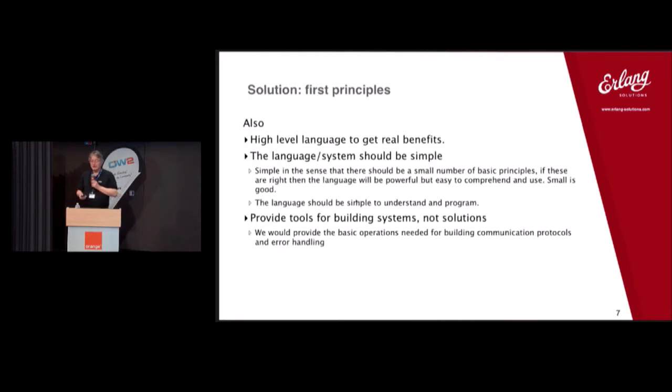We wanted a high-level language. We wanted simplicity. The basic system and the basic ideas at the bottom of the system should be simple. If you get the simplicity right, that means you can build any level of complexity on top of it, but it's all understandable, right? And also we found we provide tools, not solutions. We typically found that the hard way, because when we tried to provide solutions, they usually didn't work. So it's much better providing tools and letting the users use them.